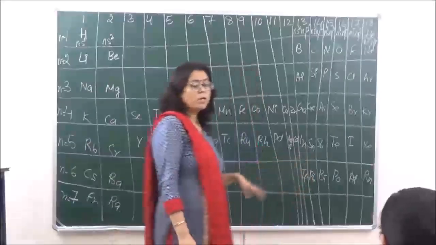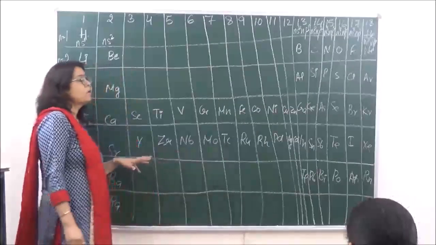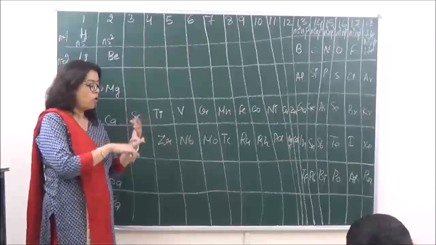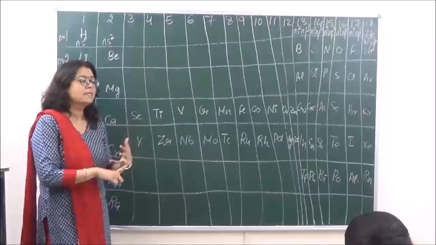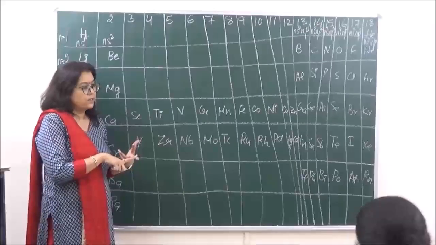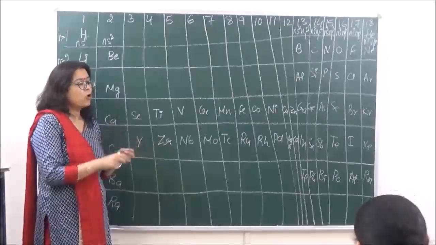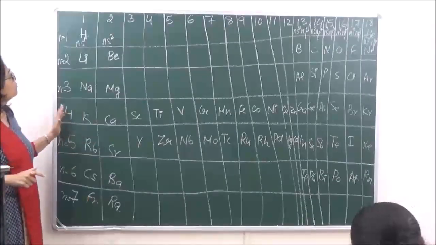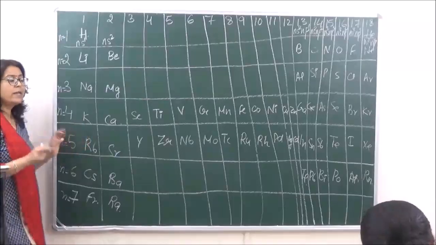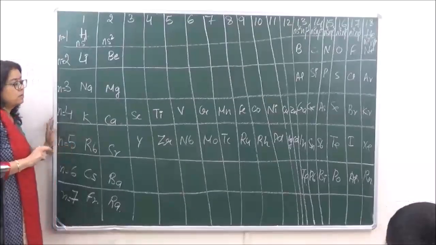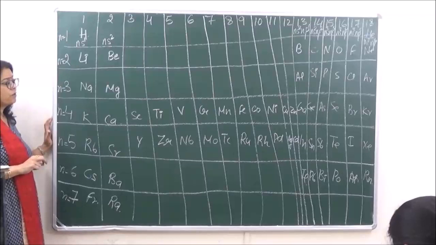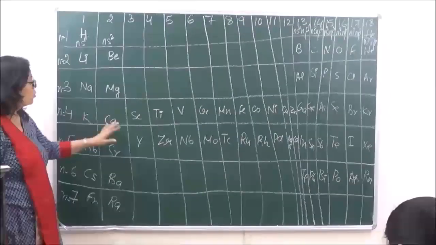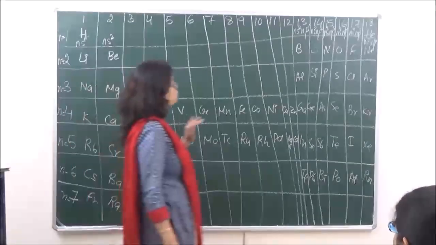The p block is one of the most versatile blocks in the entire periodic table because it consists of all metals, non-metals and metalloids. Right? So the p block has all metals, non-metals and metalloids. Whereas when we are talking of group 1 and 2, it only consists of metals. We will come on to the characteristics of different blocks in the next section. Then next we are classifying from group 3 to group 12.